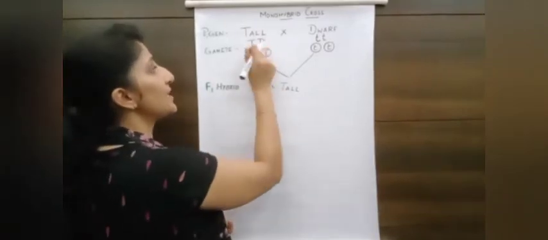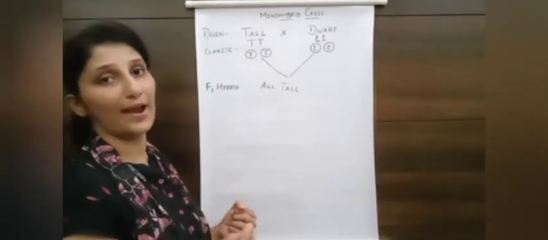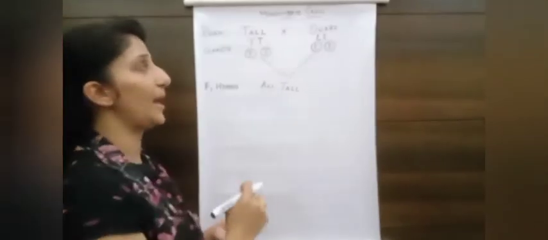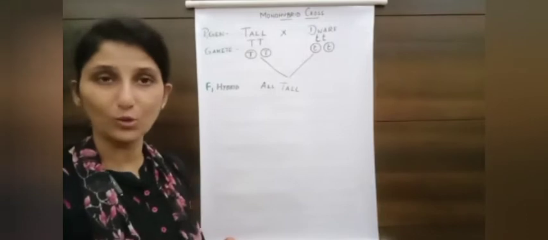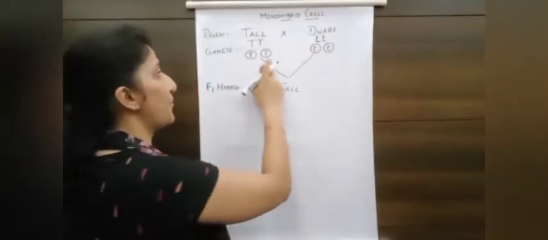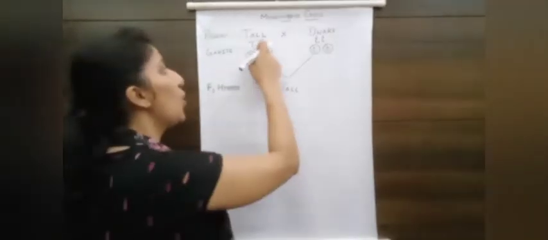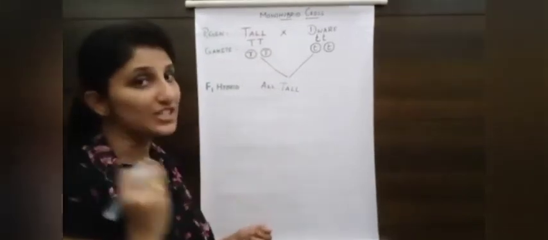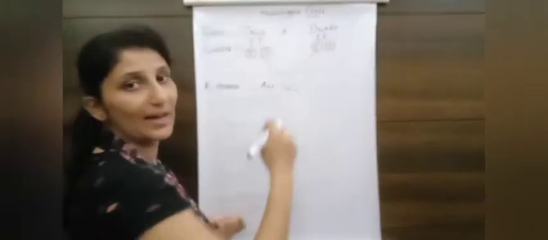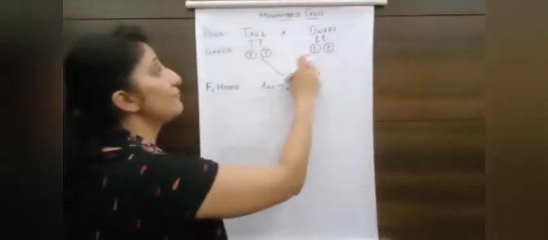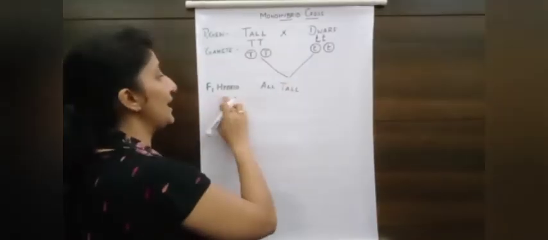And we can call this homozygous because what is a homozygous individual? One which has a similar pair of alleles. Here we can see capital T capital T and small t small t, so both are homozygous. And as we are told, according to the law of segregation, they separate and each factor enters into one gamete. As it is homozygous, all the gametes are of similar type. So 100% of the gametes are carrying capital T, and here all the gametes are carrying the allele small t. And in the next step, fertilization takes place and it results in the F1 hybrid.